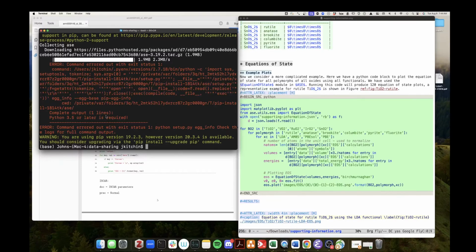And now is a time when it makes sense to not try to do this in Python 2 because modern ASE doesn't support that, and so you'd have to know what version of ASE did support it, and then try to install an older version. That's a lot of work, I think, so I'm just going to skip that and say